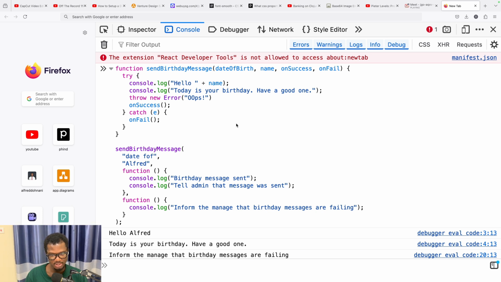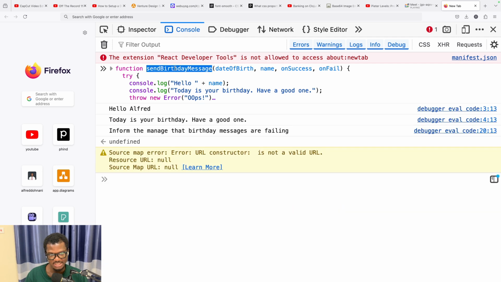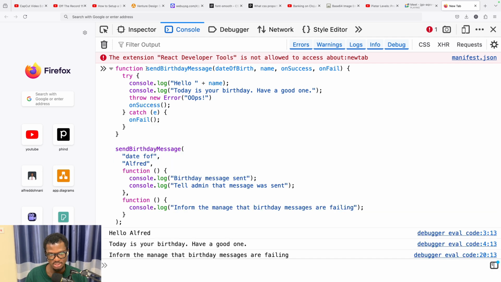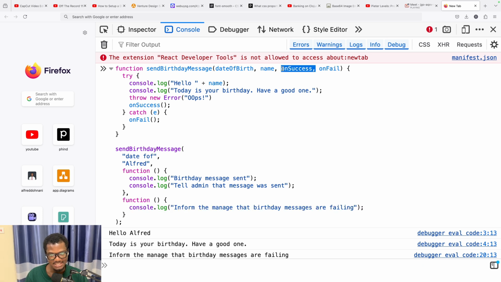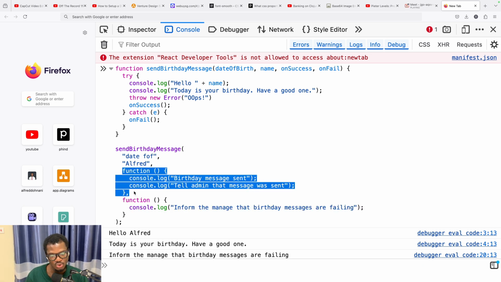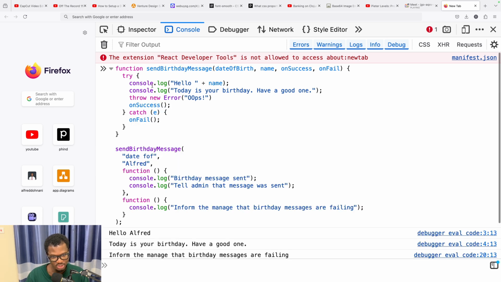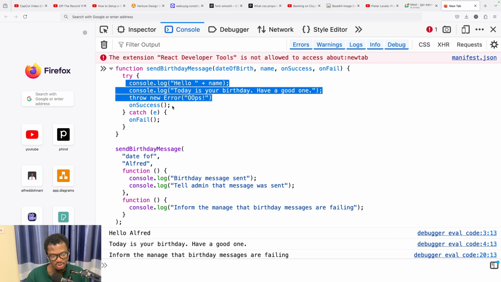Because of a pattern that I just demonstrated to you: a function, send birthday message, does something. When that thing you are doing fails, we have another function we want to call when it fails. When it succeeds, we have another function we want to call when it succeeds. So it's like a continuous process. Do your part. When you are successful, let us know. How do you let us know? By calling our